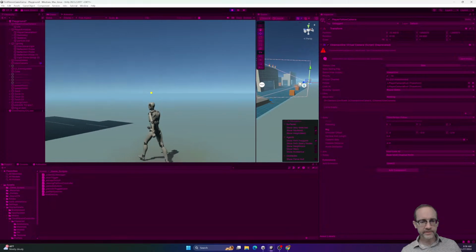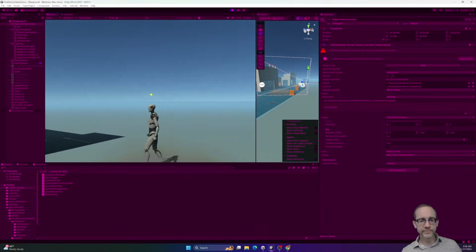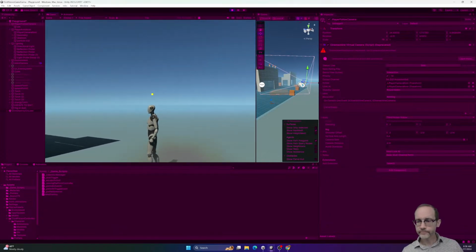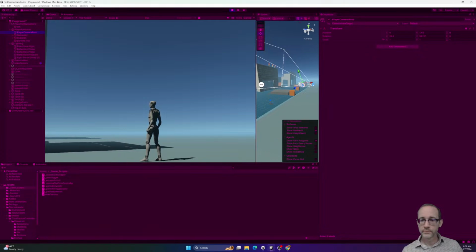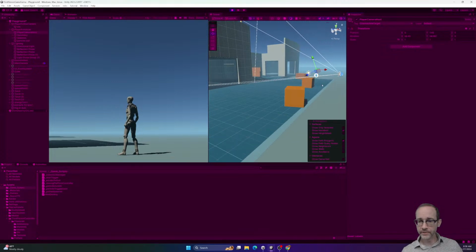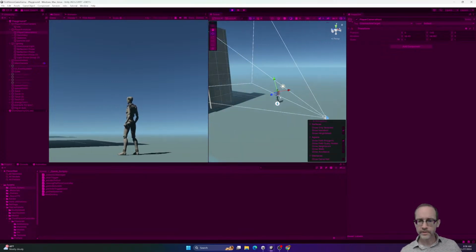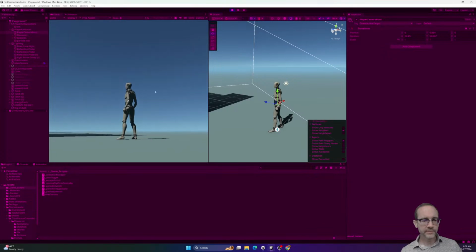So if you move it down like this, so that we're more with the camera at the level of the player, then you may want to make an adjustment with the camera root so that we don't end up with the camera. I don't know why the player camera root has a weird rotation to it right now. I'm going to go back to global, there we go, and move that down. Right, so that gives us a little bit more